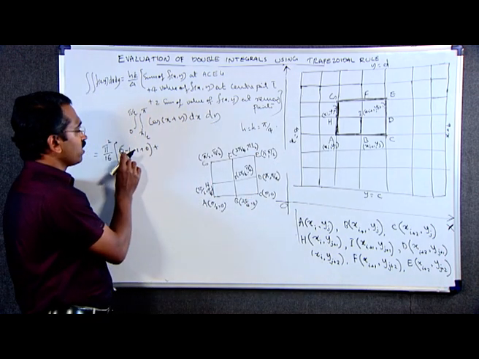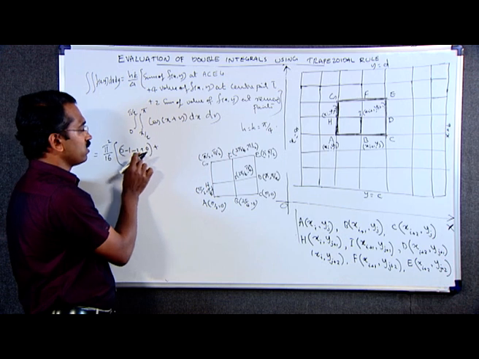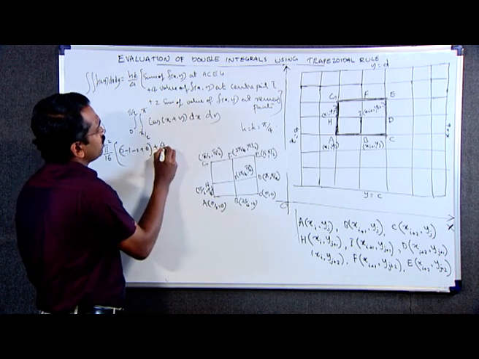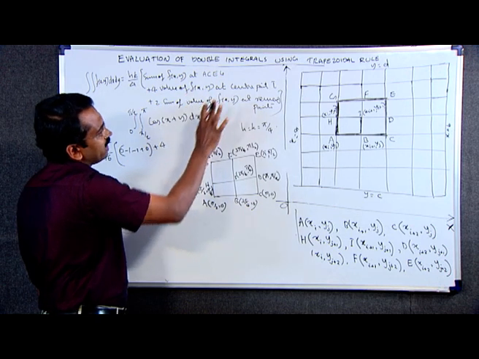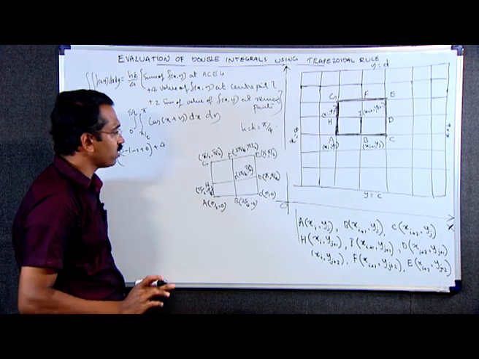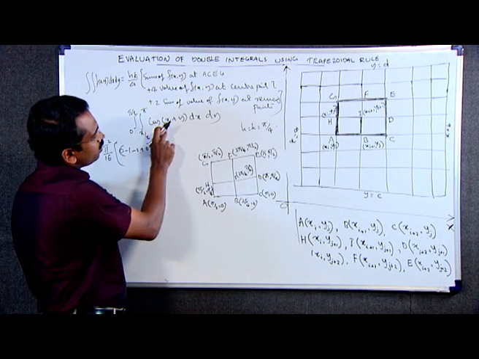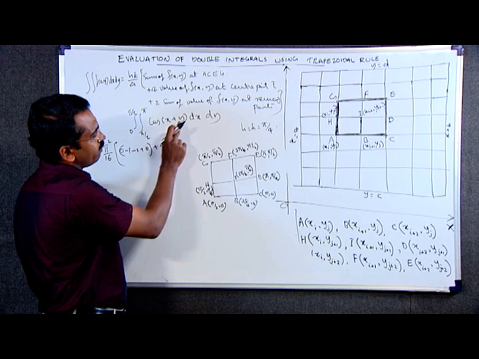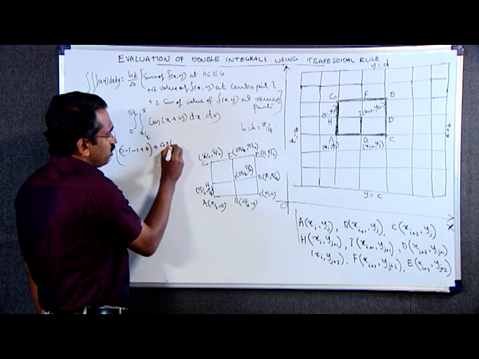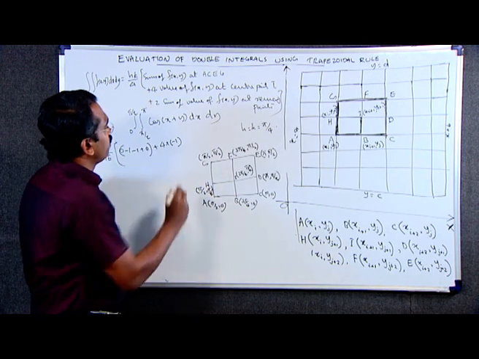The values are 0, minus 1 and 0. We add these values. Now, 4 times the value of the function f(x, y) at the center point. The center point is 3 pi by 4 comma pi by 4. Therefore, cos(3 pi by 4 plus pi by 4) is minus 1, so 4 into minus 1, plus